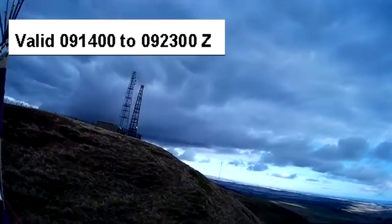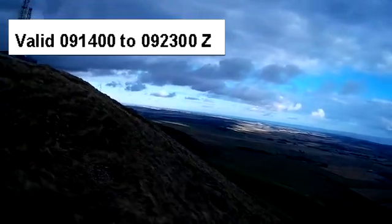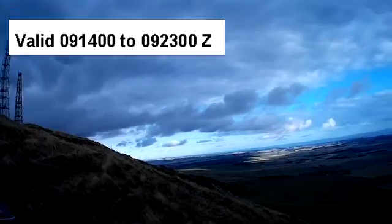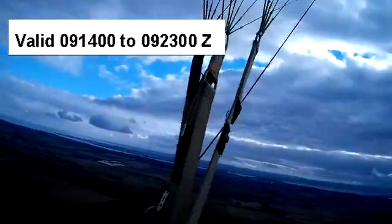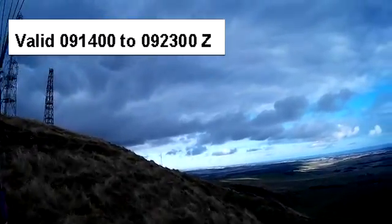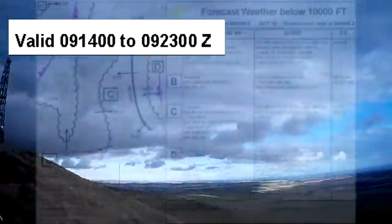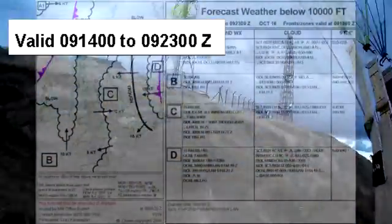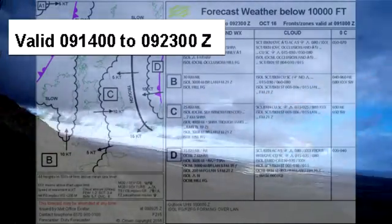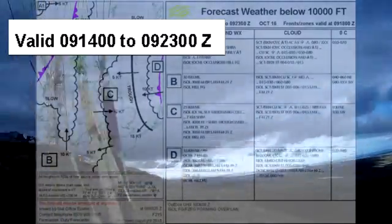You also have some more information on the bottom, giving you effectively a key to the mapping and the textual information. You have information as to the time that the report was issued by the Met Office, and in the top right you have validity information. So we'll briefly cover that. So this is a forecast weather chart for weather below 10,000 feet, known as the F215. In the case of this particular one, the validity reads as